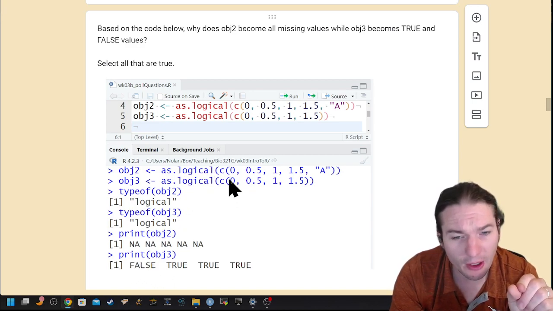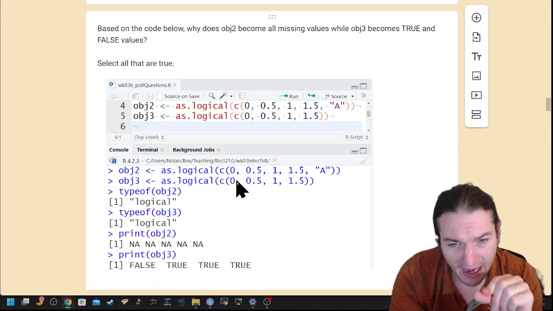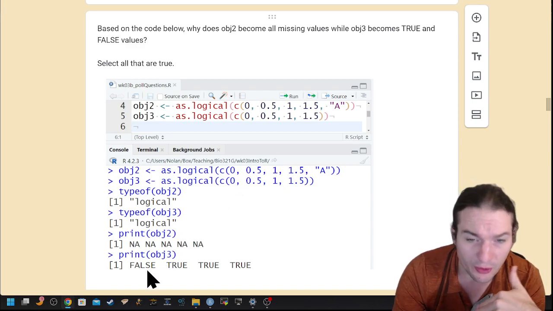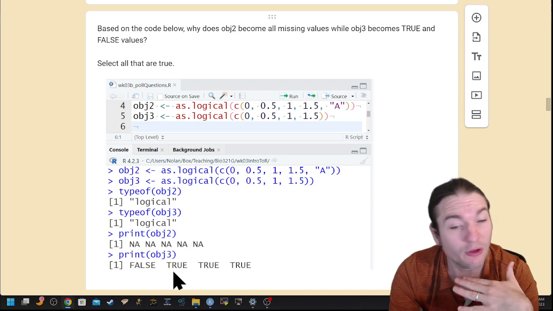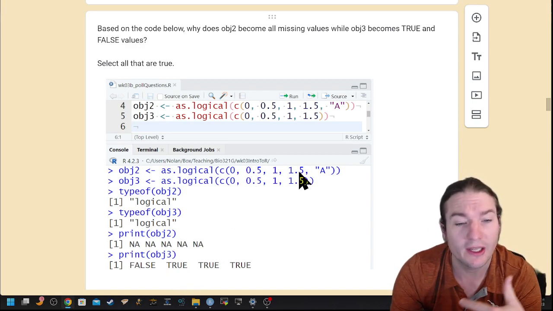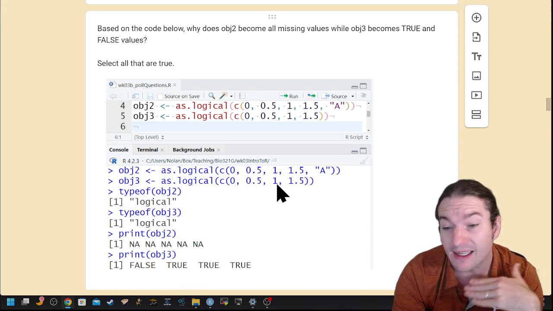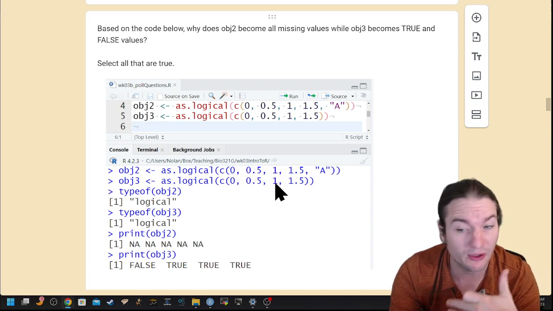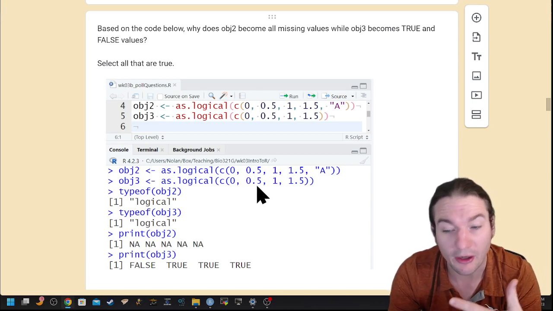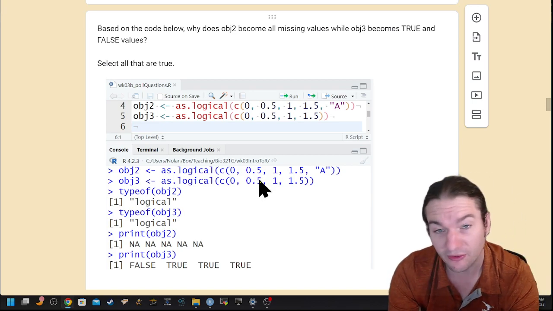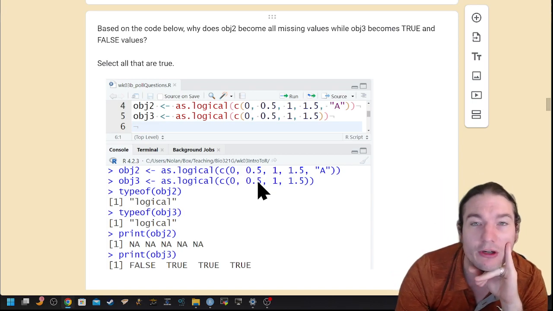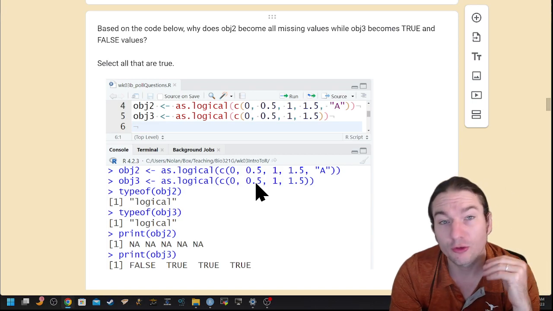The 0, on the other hand, literally the value 0, was able to be coerced. And interestingly enough, 0.5 also coerces, but to a true value. And so what we learn in this example is that any value greater than 0, or at least much greater than 0 from this piece of evidence, and I believe it is just anything greater than 0, ends up being converted into a true.